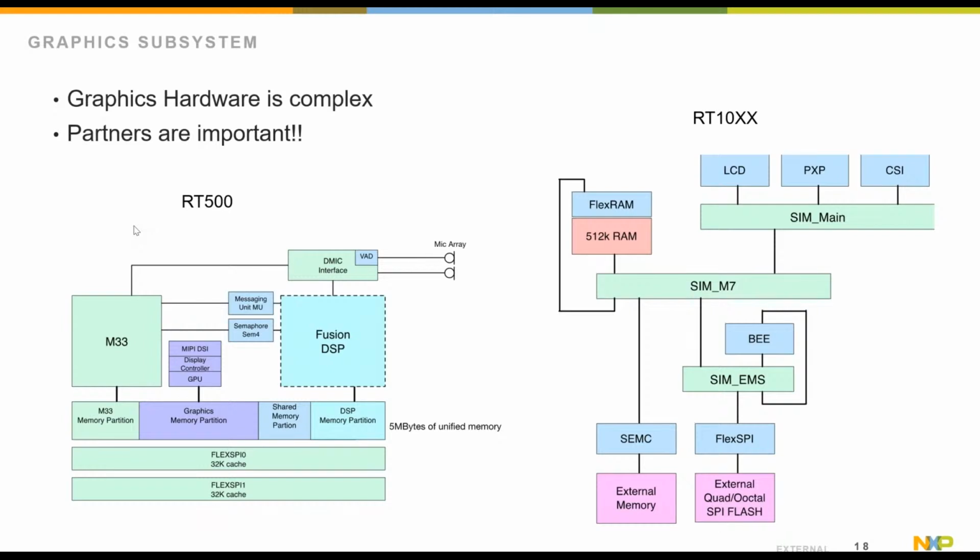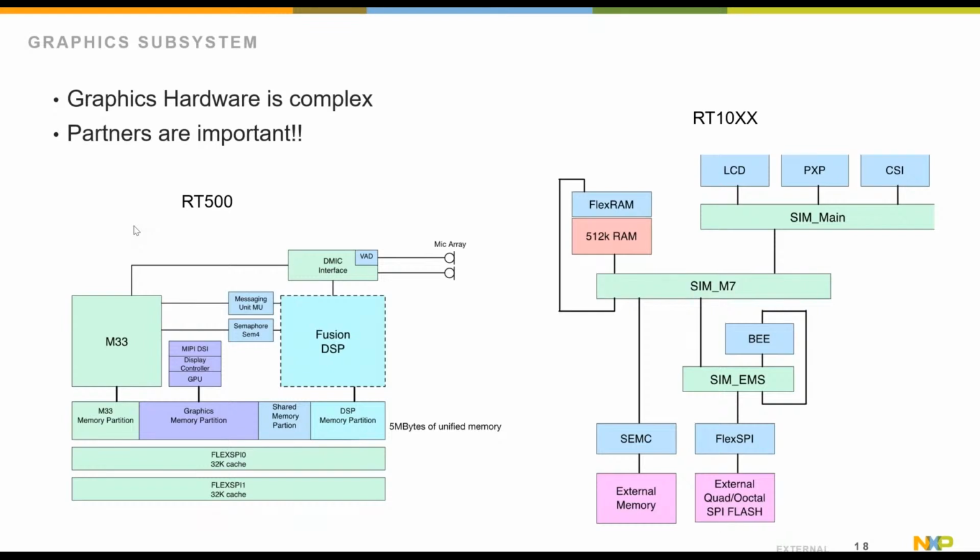So you have a significant amount of resources for your frame buffers. Depending on the size of your display, you can use external memories for bigger displays, or only internal memories for smaller, like 400 by 400 wearable displays, where you don't need that much memory for frame buffers. But this architecture allows you to have not just internal memory, but also large external memories. So it's almost unlimited resources.